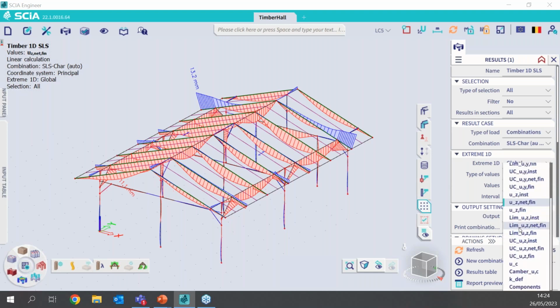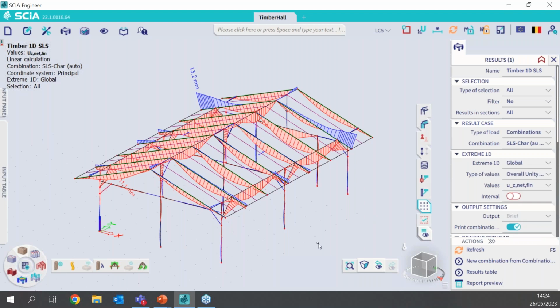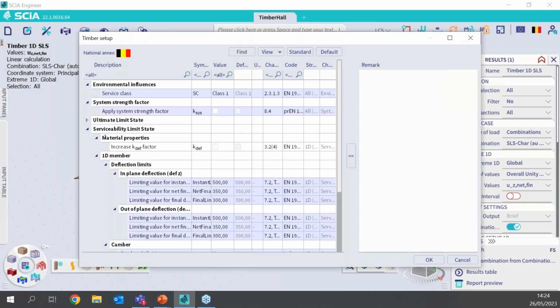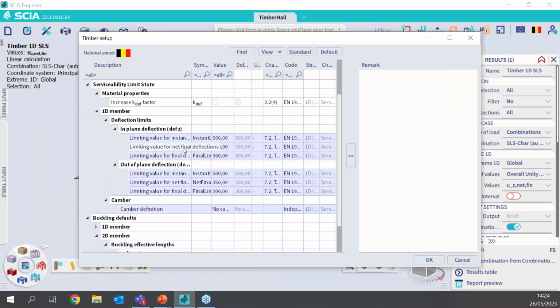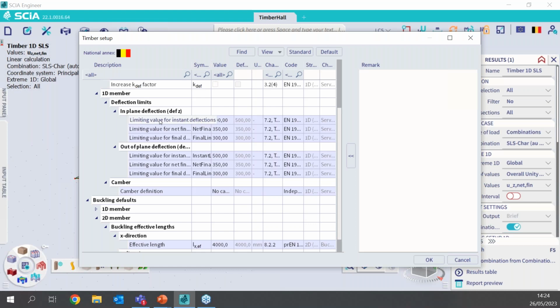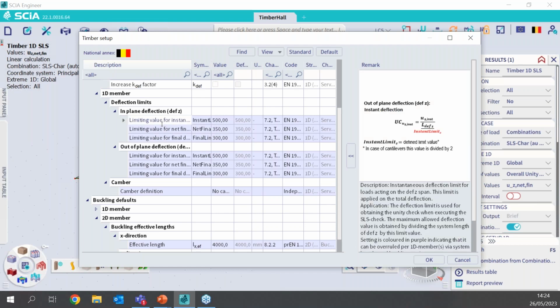And you can also display the limits, the camber that's been defined on your structure, etc. This can all be visual. In the settings, we can go to serviceability limit state. Here you can define your global limits for the 3 values, for the instant deflections, for the net final deflections, and for the final deflections, for both in plane and out of plane